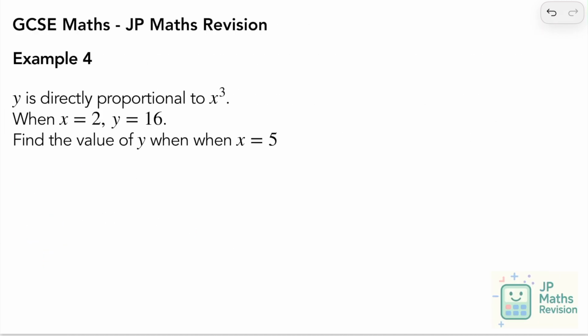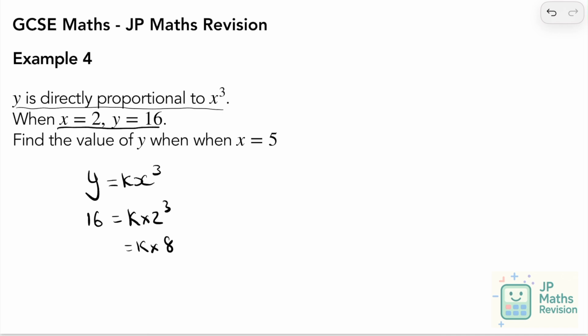Here's another example. So we have y is directly proportional to x cubed. So this time, rather than being x, it's x cubed, but it's still direct proportion. So we still have y equals kx cubed. So to find out that value of k, I'm going to sub in x equals 2 and y equals 16. So I have 16 equals k times 2 cubed. So 2 cubed is 8, so k times 8 is 16, and therefore k is going to be equal to